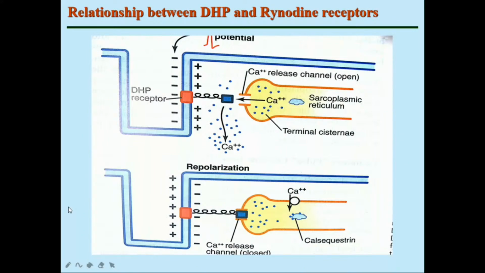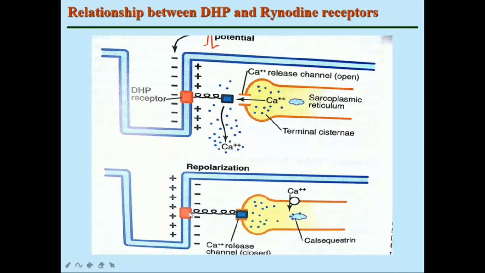Right. The same here. As the depolarization spreads along the T-tubules, it activates the dihydropyridine receptors, which are voltage sensors, and the dihydropyridine receptors in turn activate the ryanodine receptor, which is a calcium release channel present in the terminal cisternae, and therefore when this channel opens, the calcium ions enter the sarcoplasm and initiate the process of contraction by combining with troponin C,